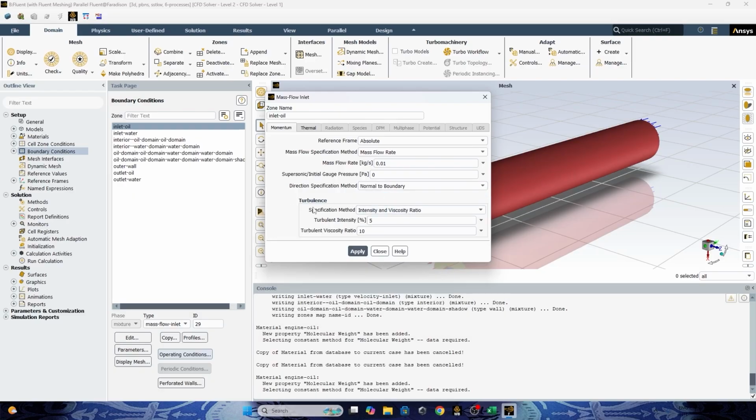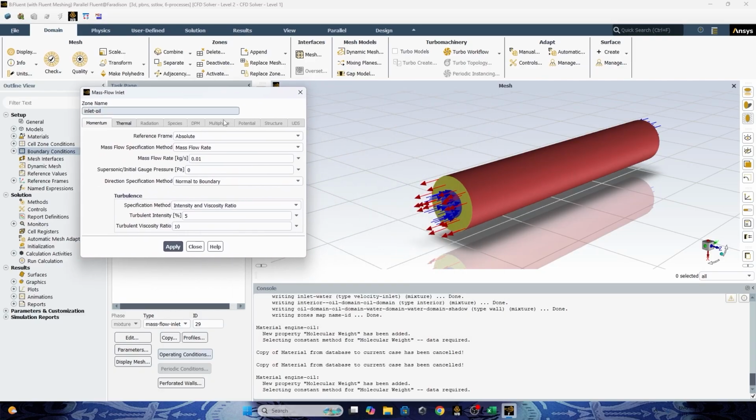Okay. And for the turbulence, we expect the flow through the inlet to be turbulent. So you can go here and choose intensity and hydraulic diameter.